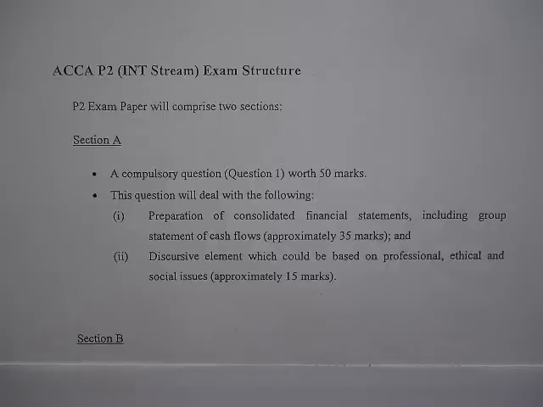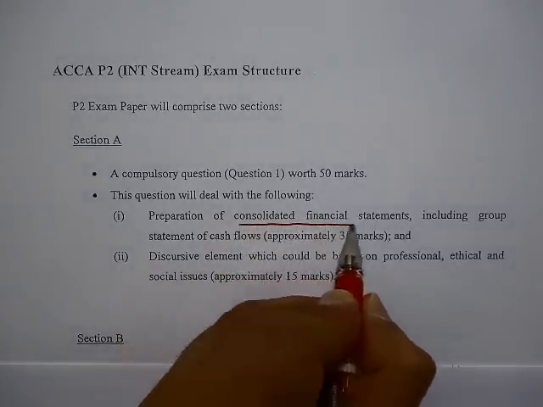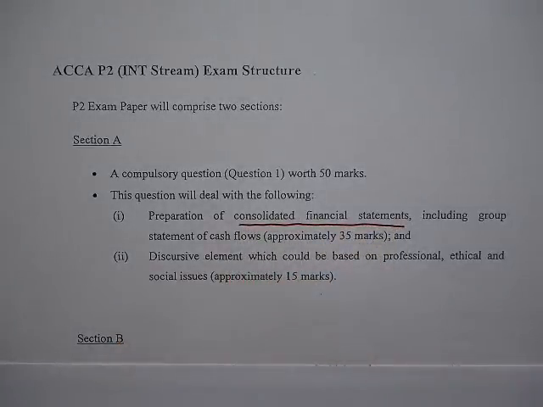This question deals with approximately 35 marks allocated to the preparation of consolidated financial statements, and that includes the group statement of cash flows. Not all of the 35 marks are allocated to consolidation technique. There will be a few transactions or events testing candidates' ability to demonstrate the correct accounting treatment in accordance with relevant accounting standards. The remaining 15 marks